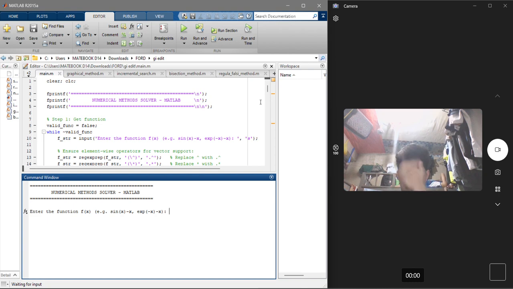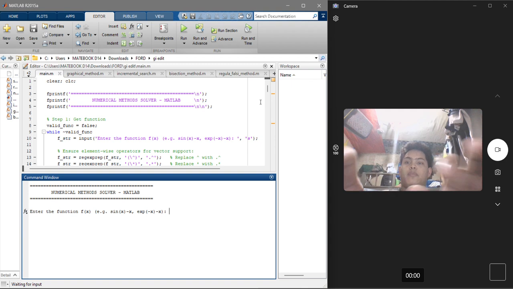Next, we have the incremental search method. We use the incremental search method because it scans the interval in small steps, looking for a sign change in f of x.